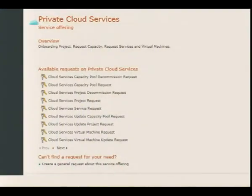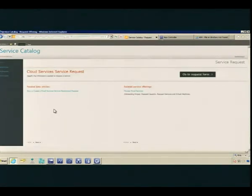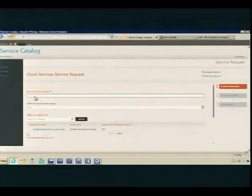Now, the first thing that I will come to is this service catalog that is provided by my IT department. This service catalog is basically out of the box from System Center, all right? So now, it's a web-based solution. Out of the box, you can see that there are plenty of choices in terms of what you want to do. You are able to customize it to fit your organization's needs. So I'm going to go ahead and request cloud services that support me on